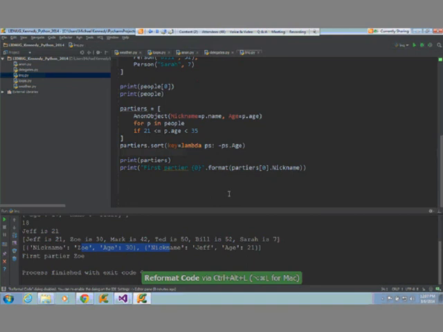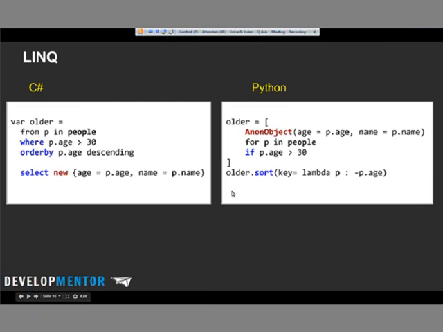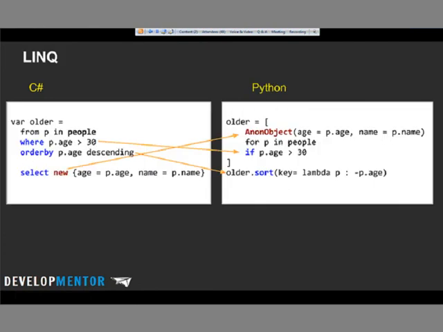All right, so it's not quite as elegant as LINQ, but if you go back here and you look, you'll see there's a lot of similarities. You just have to scramble your brain up a little bit and say, you know what, everything is in the wrong order. So the where statement goes here, the order by goes there, the projection goes there, and so on. But basically, you have something very similar to LINQ.